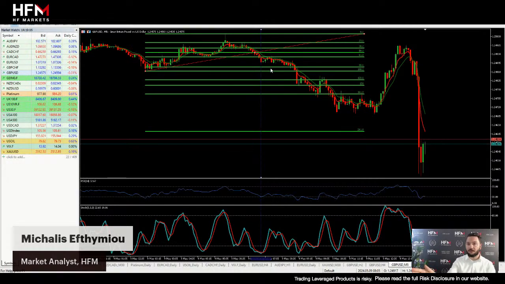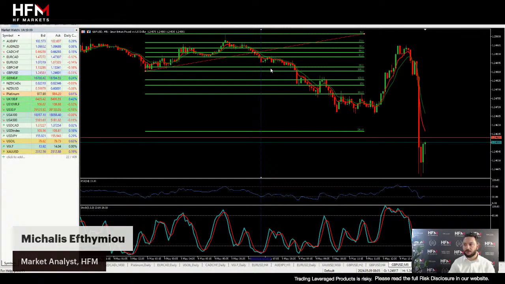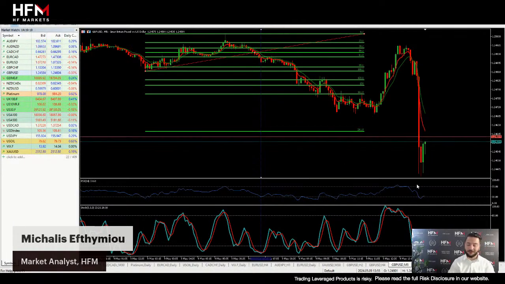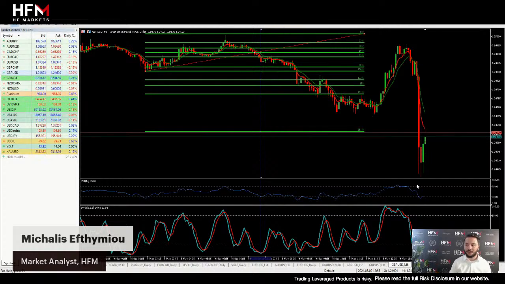This is only a 5-minute time frame, by the way, guys. So this is where we get a speculation that the price is going to decline. So look at the price movement here, and look how low the price has declined. It's amazing, ladies and gentlemen, how low the price has declined.